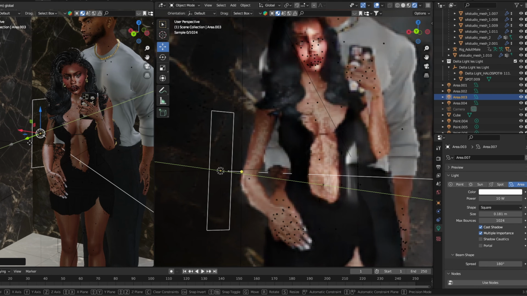It's starting to show a little. So as you can see,